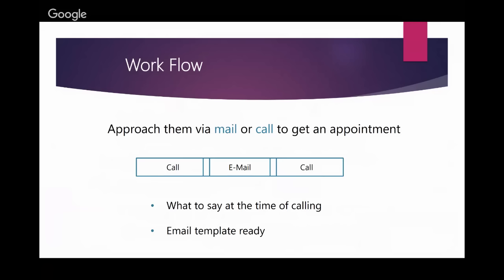Once the email is done, you should call them and ask if they saw the email or not, right? Most of the schools right now in Indore work in this way: if you want any event or collaboration, first you have to email. But the thing is, most schools don't check their emails that often, right? Even if they check, maybe they miss it somehow, or anything is possible. So we need a second call to confirm that, okay, you have seen the mail, what's your response? If they have any queries that you can solve over the phone, you can do it there, or you can go forward and book an appointment.